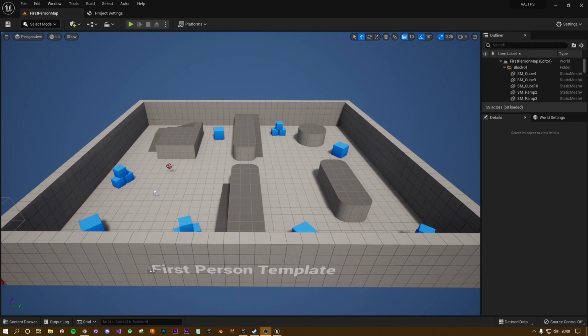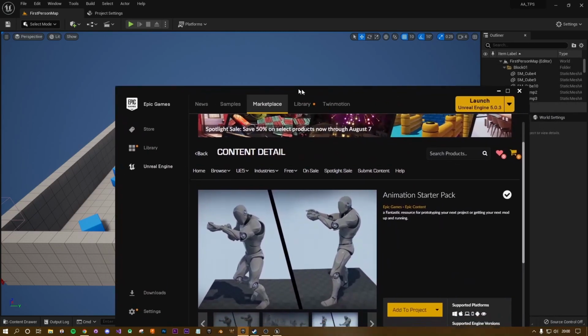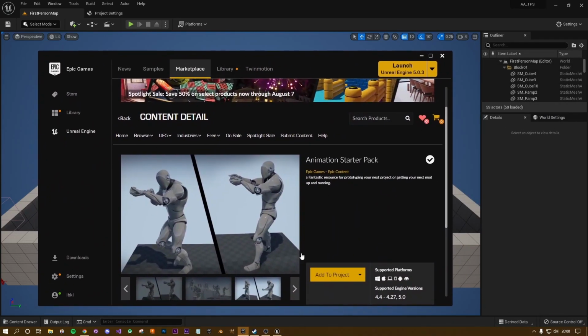So, with that being said, what we're going to do is turn a first-person template into a third-person template. There shouldn't be any blueprint required. Everything that is within the first person template will aid us in creating the third person, so you shouldn't need to do any additions. One of the requirements for this is a third person model,